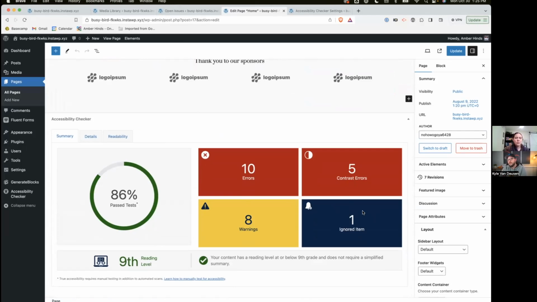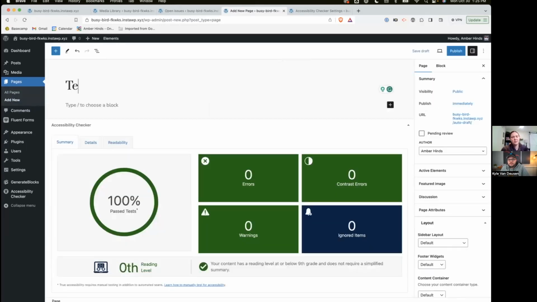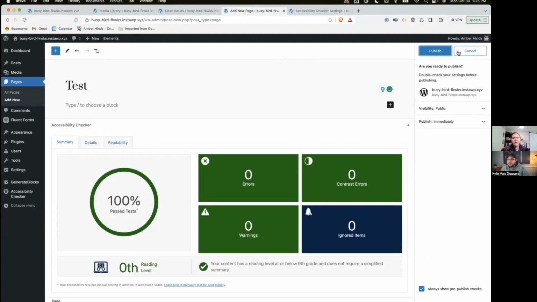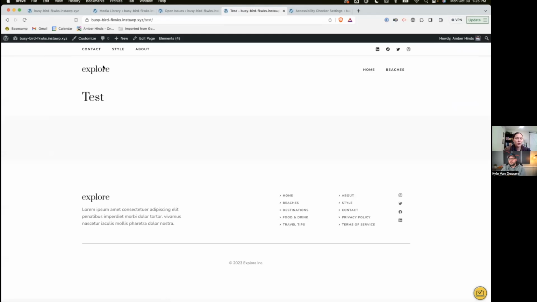This just goes to show you how important it is to get things right in your header and your footer and all the things that appear across so many multiples of pages, because whatever issues you have there are going to show up everywhere. And actually, that's what I was going to take you to, which is one of the things that I would recommend doing: I would add a new page and I would publish it with no content, or draft. It can be a draft, and accessibility checker will save it too. If you're on a staging server, you might as well publish it, but either way, because what this does is